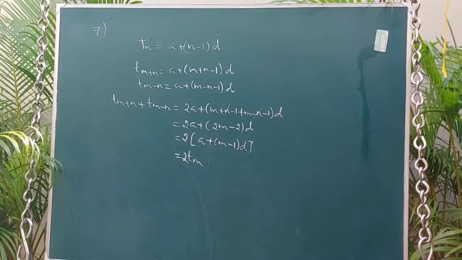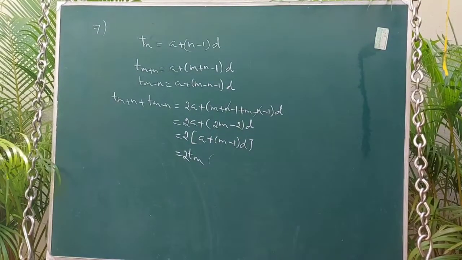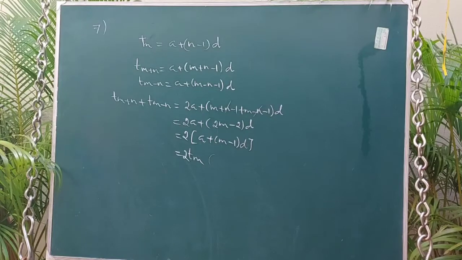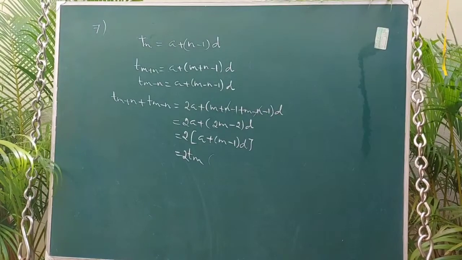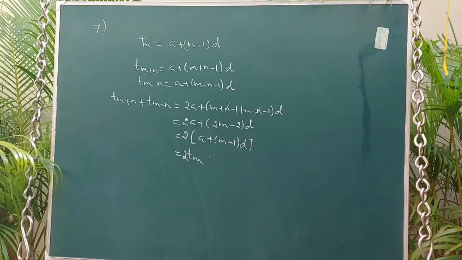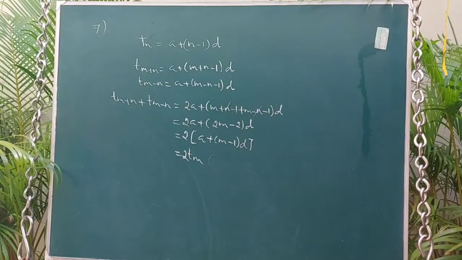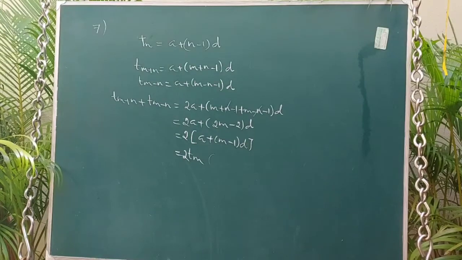And question number 8 is: a man repays an amount of rupees 3,250 by paying rupees 20 in the first month and then increases the payment by rupees 15 per month. How long will it take him to clear the amount? Listen my dear students, every month he is increasing 15 rupees, so it clearly forms an AP, with the first term a = 20 and the common difference d = 15, given that Sn = 3250.